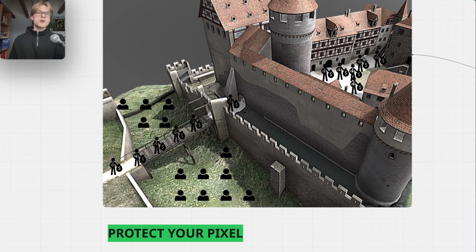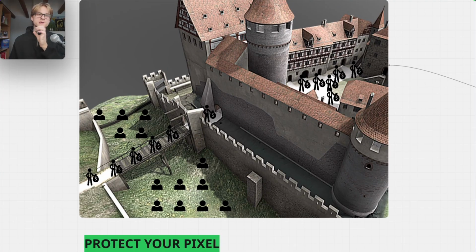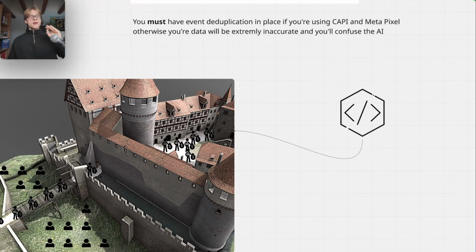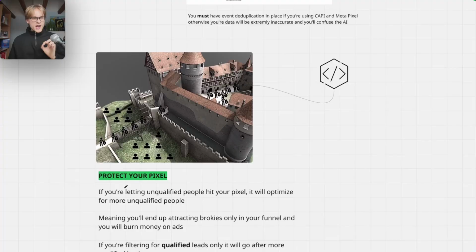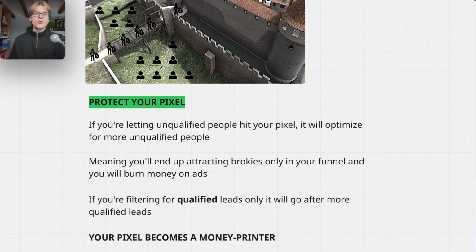And everyone who isn't qualified falls off the bridge into the moat and will never be able to reach your pixel. Okay, you only want qualified buyers to reach your pixel, as you can see over there. This is the image that I want you to keep in mind when you think about running ads. Protect your pixel. If you let unqualified people come through and hit your pixel, it will optimize for more unqualified people because it operates on recency bias.